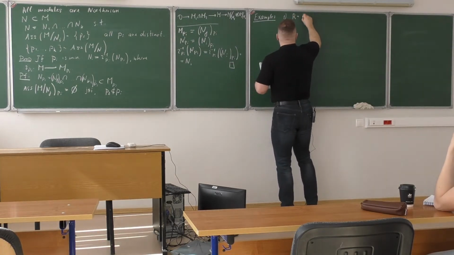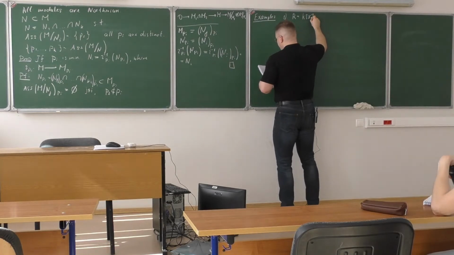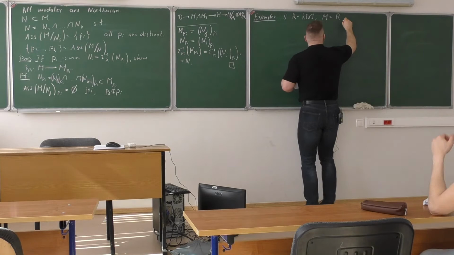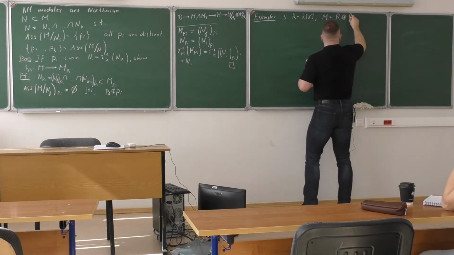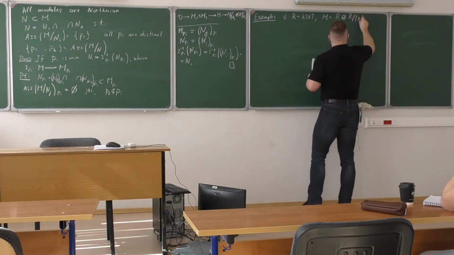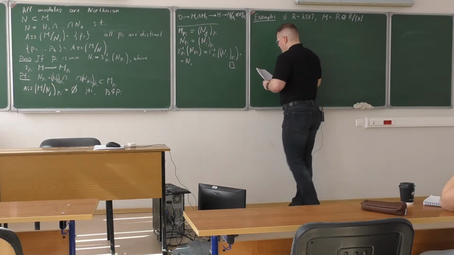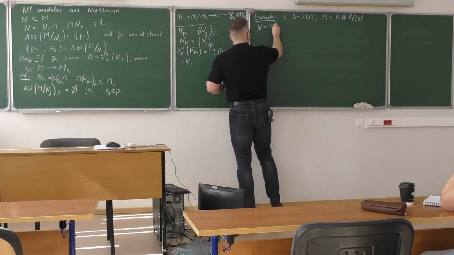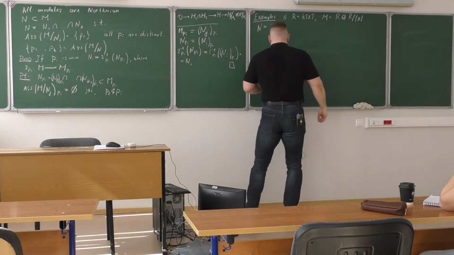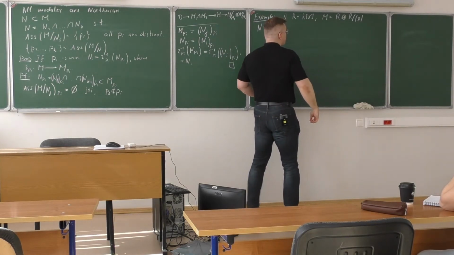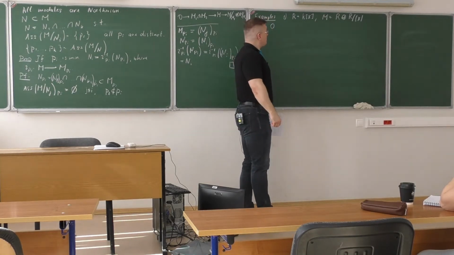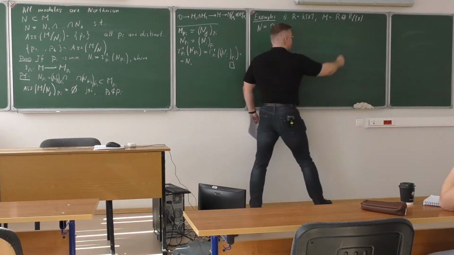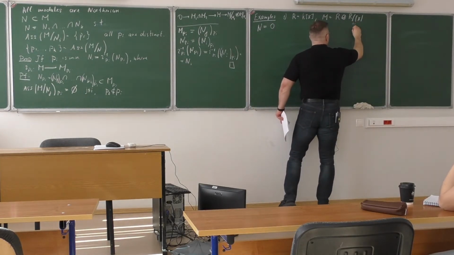So let's take R to be just a polynomial ring in one variable. Let's take the module M to be the direct sum of R plus R modulo X, or just a copy of the field K. The submodule that I want to decompose inside M is the zero submodule. Is the quotient R by X? Yes. Okay. No, this is just the ideal generated by X. So if you wish, you can write this as a copy of K.